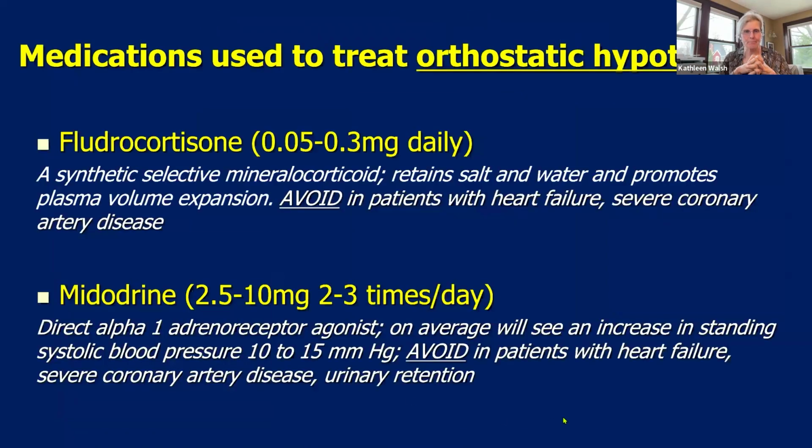Next. I use a lot of medications. I try to take away medications, but the two medications I do use for patients with dysautonomia, where the blood pressures are dropping, include fludrocortisone and midodrine. You may see these on some of their medication lists. These complement one another. Fludrocortisone brings in fluid to the body, and midodrine's an alpha agonist. It squeezes. So fluid, squeezer, blood pressure up. It works like a charm if they don't have heart failure and kidney disease. Most patients can tolerate a low dose of both of these.